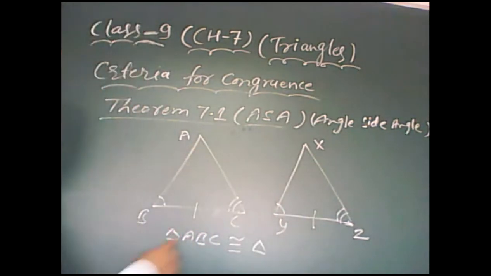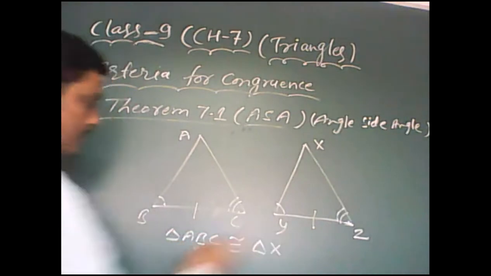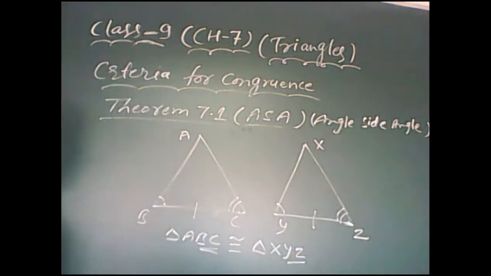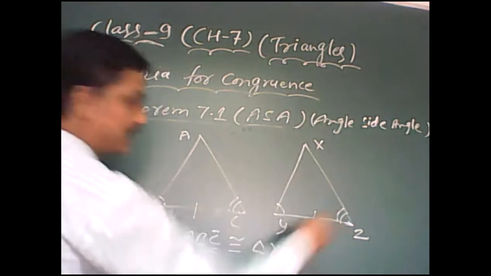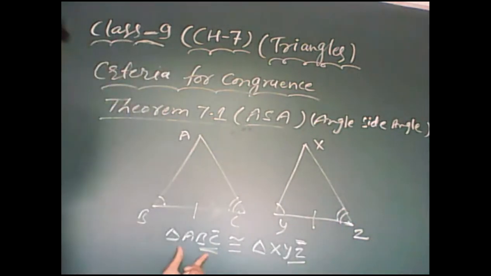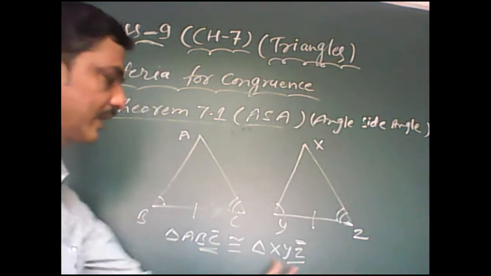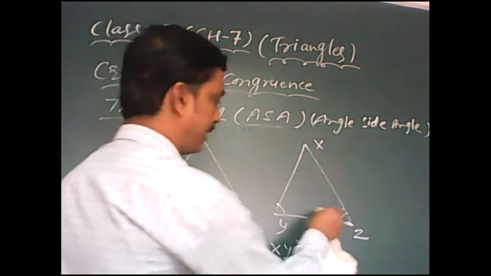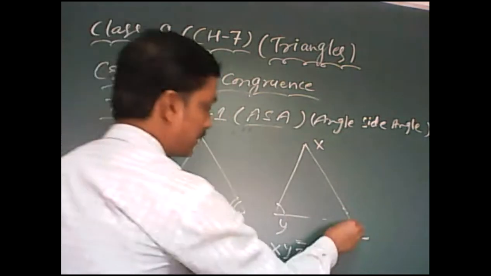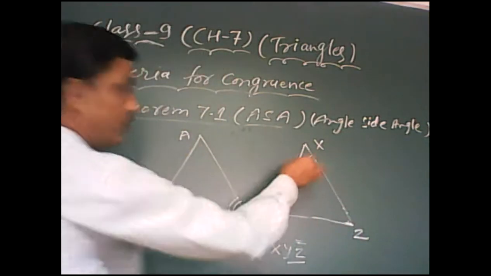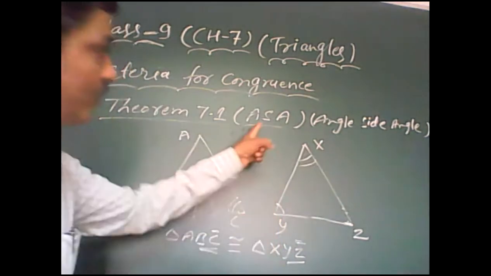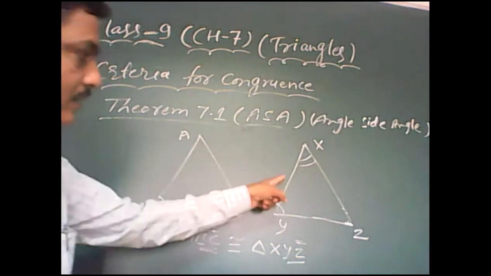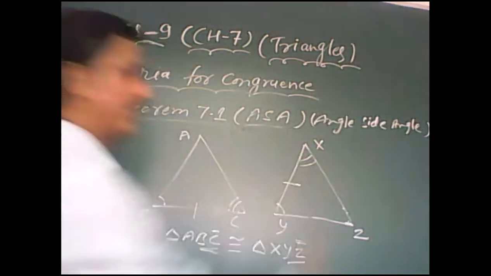But here we use A for angle A, X. Now what is BC? BC is equal to YZ. Yes, angle C is corresponding to angle Z. That's why here triangle ABC is congruent to triangle XYZ. But if I change the corresponding parts, look here again. Which included side is needed here for ASA? The side is BC to XY.